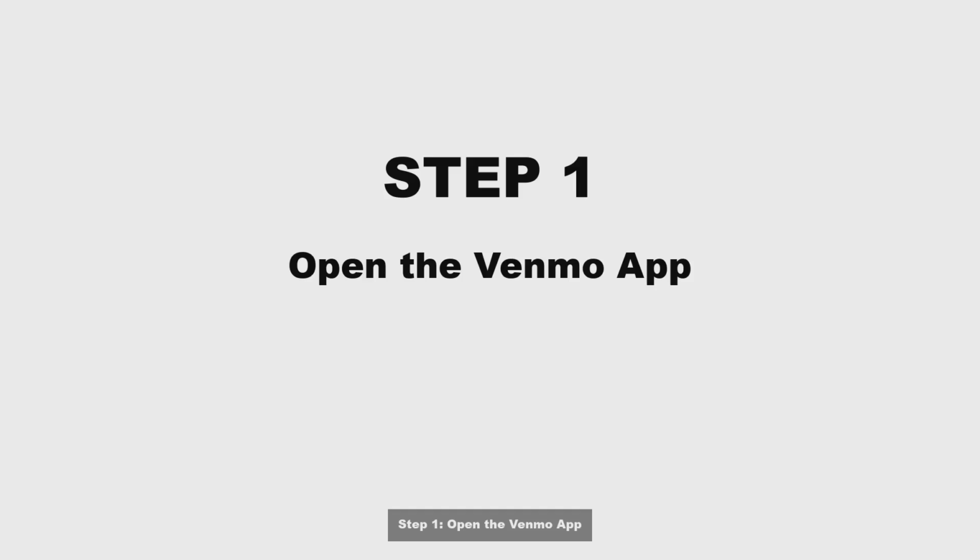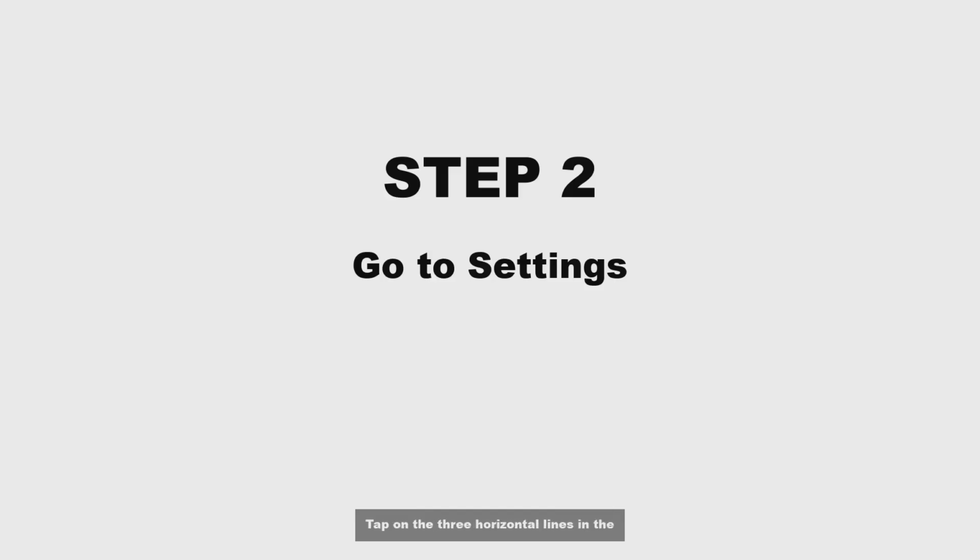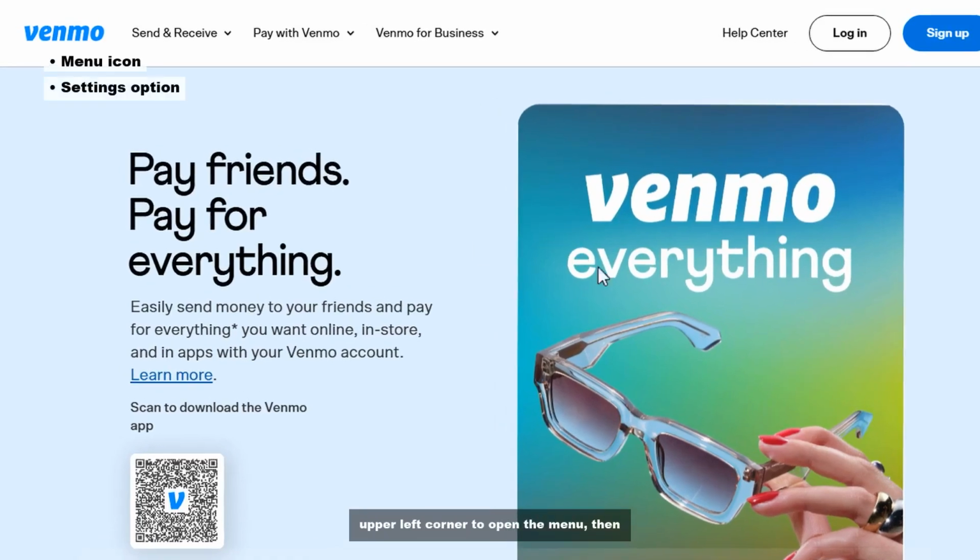Step 1. Open the Venmo app. Launch the Venmo app on your smartphone. Make sure you are logged into your account to access the settings. Step 2. Go to Settings. Tap on the 3 horizontal lines in the upper left corner to open a menu, then select Settings from the